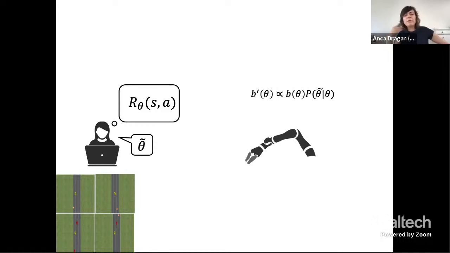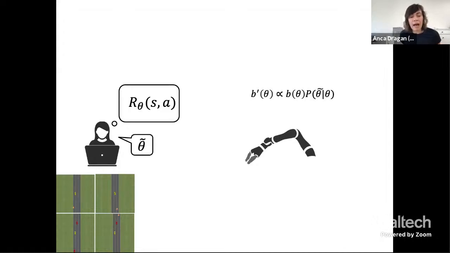And so a lot of what we've been playing with recently is this interactive way to design reward functions where we help the designer out by saying, okay, you said theta tilde, thank you. I'm going to look now at my posterior, and I'm going to try to hallucinate environments where I would have uncertainty about what to do, where members that are high probability thetas in my posterior are now disagreeing with each other.